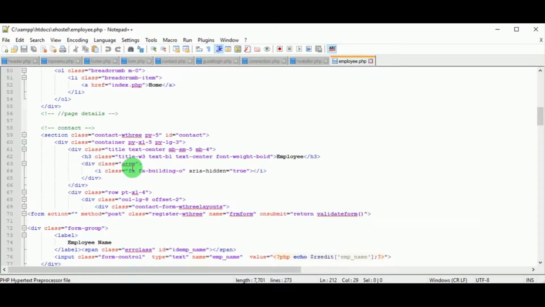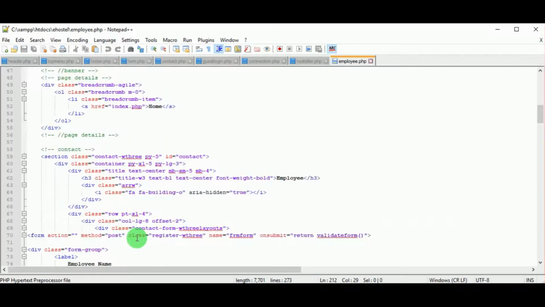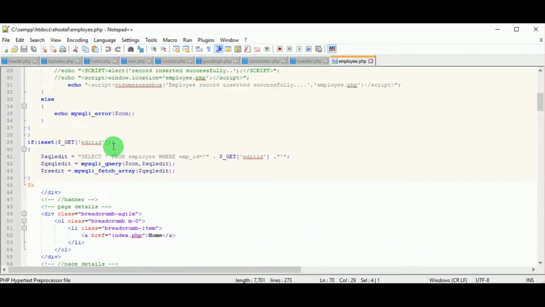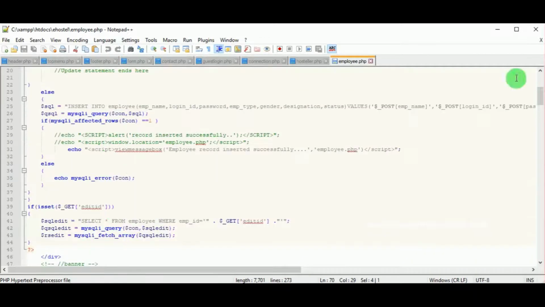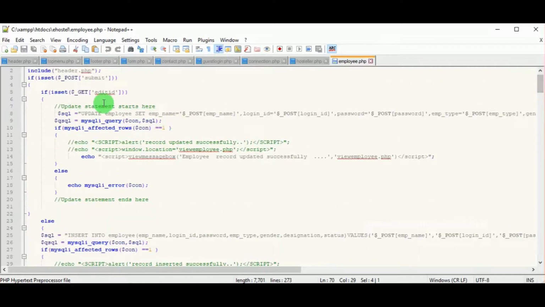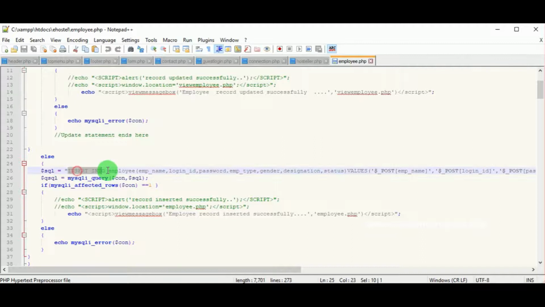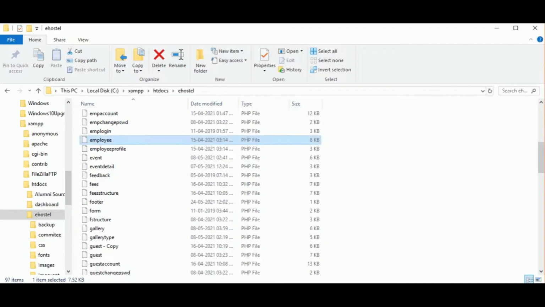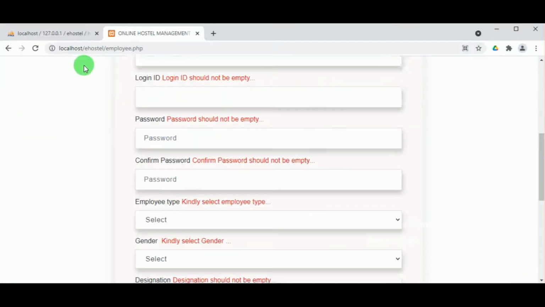So once all the data is entered to the form, the method post is invoked, and the system will search for the method post. Once it finds the method post, it will see what value is present, that is submit, and inside the method post there is get id, that is edit id. Since we are not doing any updation, we need to insert the value. We are working on the insert query. Since the edit id is not working, we will see the insert query.